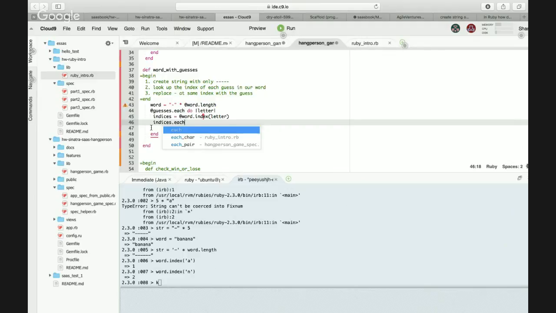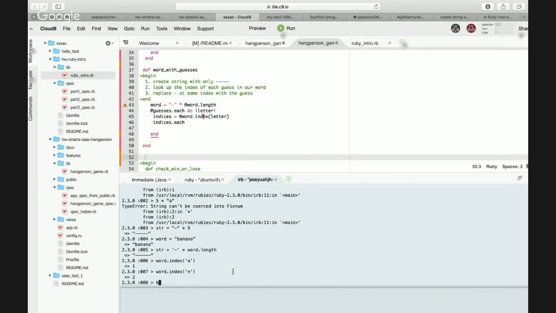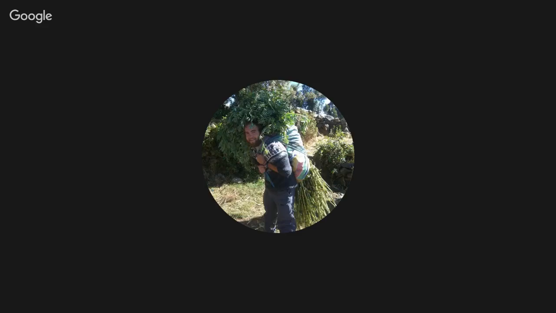Dot index. Yeah, I think it's a problem because word.index only returns the first occurrence.